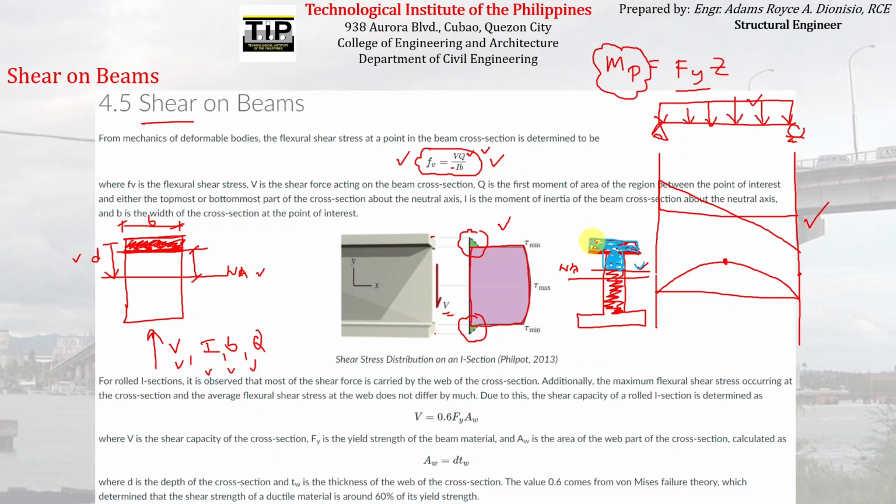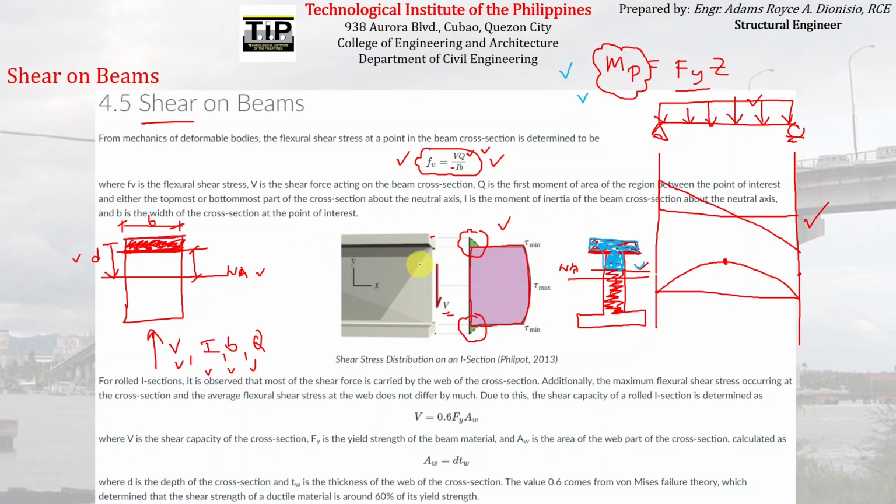Okay, so because of that, this variation of shear stress happens. For flexure, the opposite happens: the flanges are the main resisting component of the moment. Okay, because as you can remember,